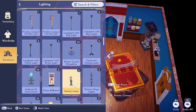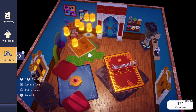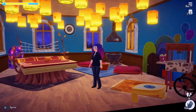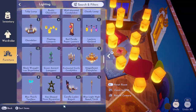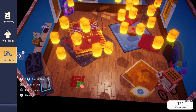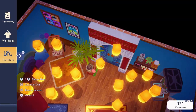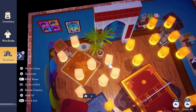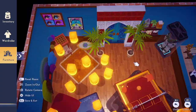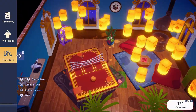I also thought this would be a good room for the collectibles. I've been really wanting to put the Space Ranger suit somewhere, and I could not decide on lighting, and these lanterns felt right as far as color scheme, but I put a lot of them in here. So I'm not sure if that's going to be for everyone either, but I kind of liked the fact that they were like an orangey yellow glow because none of the other lights really worked,